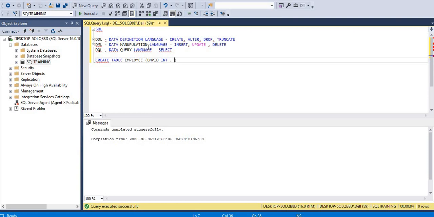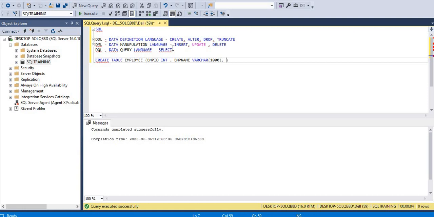For example, employee ID is there, then employee name is there. Employee name can be there as a column, so it can be varchar. Varchar is nothing but string. For this varchar data type we can specify any number of characters as the length of the particular column. So it can be varchar of 1000. So this employee name can be of maximum 1000 character length,